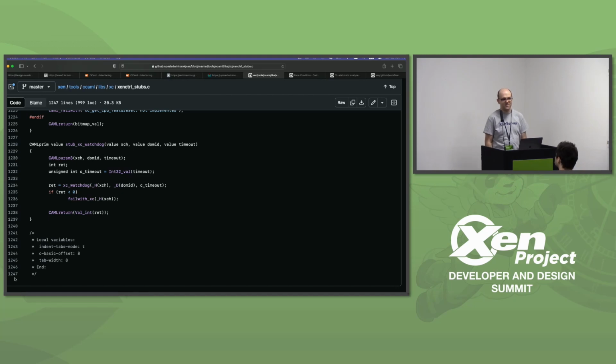Do we have more questions? One more. You currently use it for Xen API, and how easily would this be extensible to other bindings outside of Xen? Is there some Xen specific code sitting in there? So it's not Xen specific. The reason it's built on Xen first is that Xen doesn't use all the features from the C foreign function interface in OCaml. There are a few more advanced features that the static analyzer would need to be taught about,